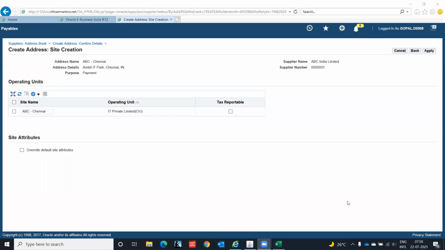So we were in here. Once we create this address, it will ask us to attach this address for our operating unit. After attaching this only, we will be able to see the supplier in our accounts payable module. As I explained before,